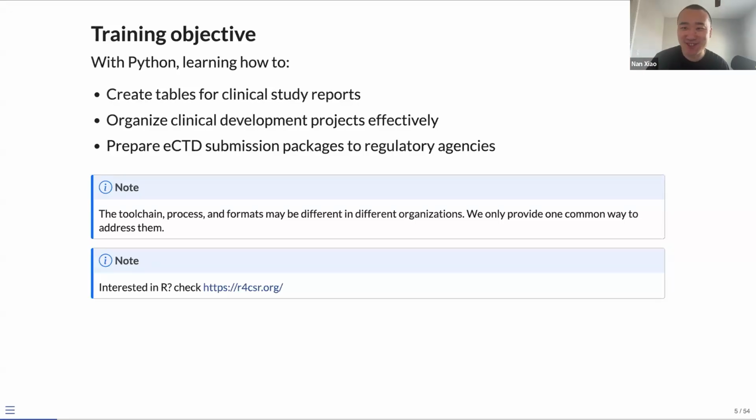I've mentioned 4 years ago, we did a very similar workshop here. So if you are interested in how we do this in R, that has been reflected in our previous book, r4csr.org, and you can check that out. I think many things have happened in the past 4 years, like from the R Consortium R Submissions Working Group. There have been 5 pilot submissions now, and people are having different thoughts on how to do this effectively, right? So you should also check that out if you're interested.